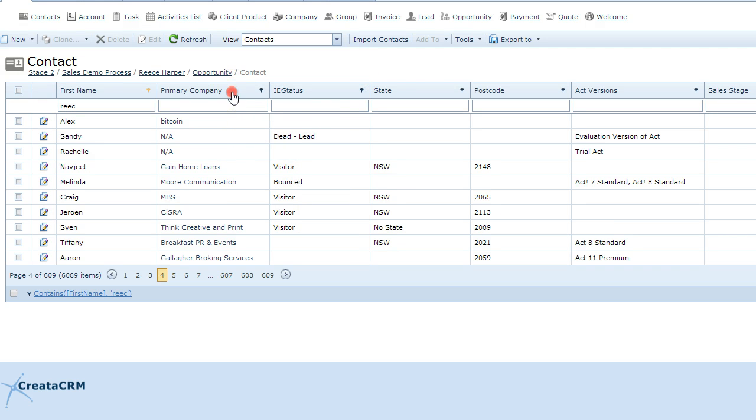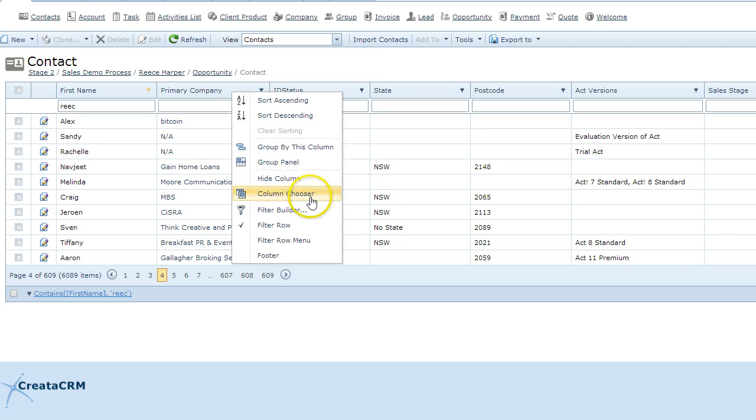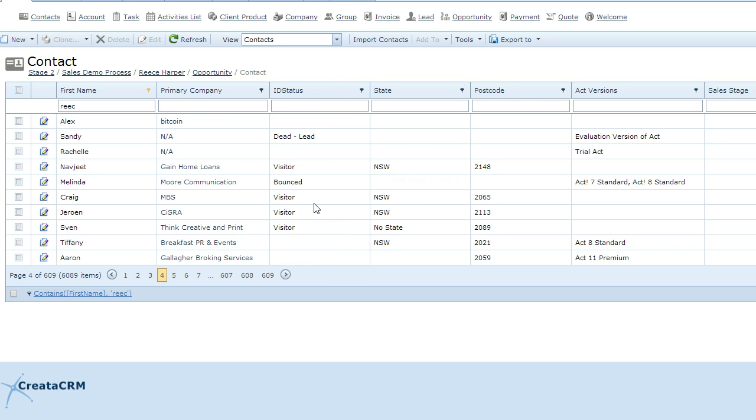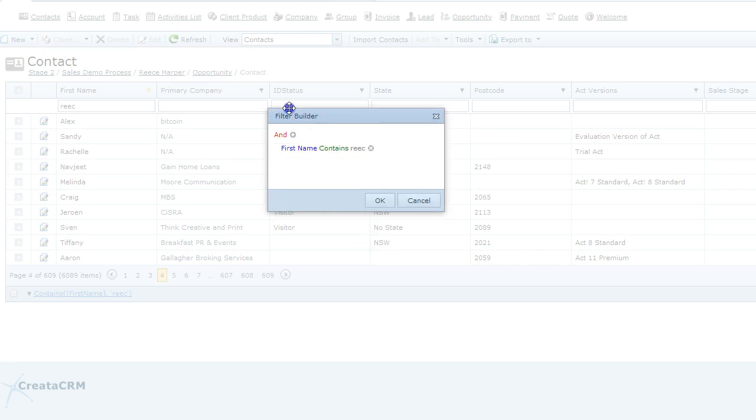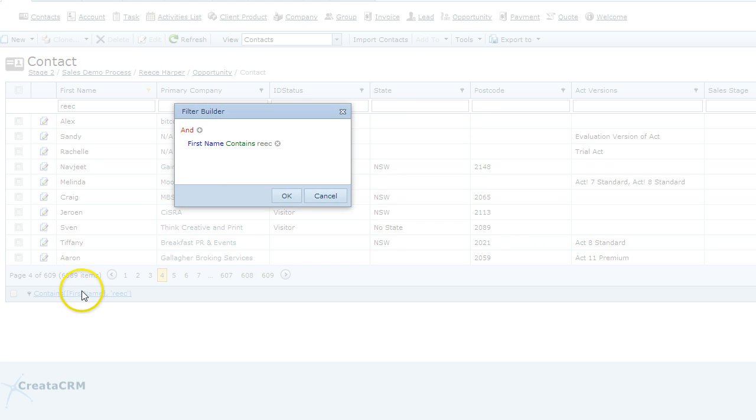The next thing you have when you right click is now you can click on filter builder. Now this is really cool. You right click on this and it pops up this screen. You could do this before, but it was down the bottom left. This time around it's right up the top middle. So you can do things like